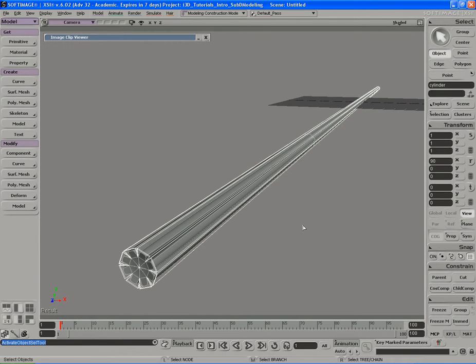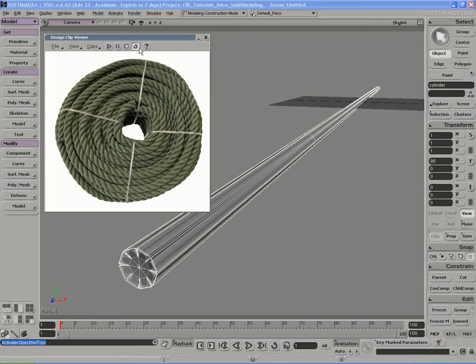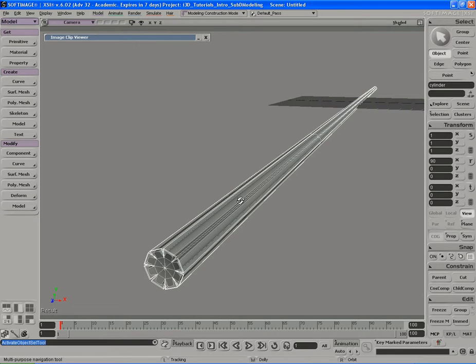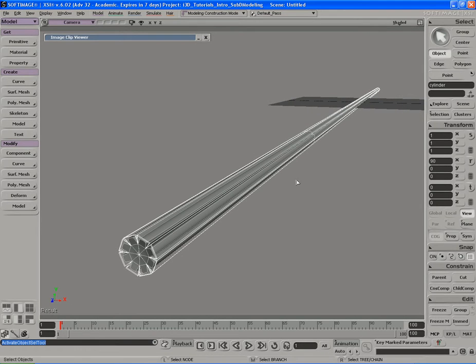Ropes in real life look the way they do. They look like this because they're twisted. It's just a bunch of fibers of rope that are twisted and twisted and twisted, and together they make this very strong piece of rope that can hold a guy when he's jumping out of a helicopter or rappelling down a mountain cliff or whatever it is you're using your rope for. Okay, so